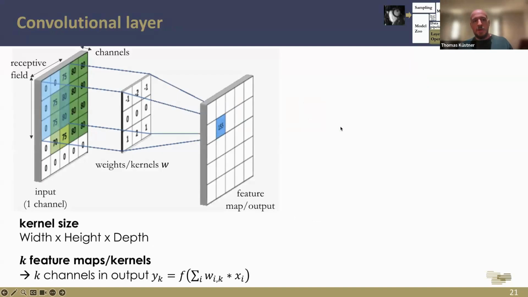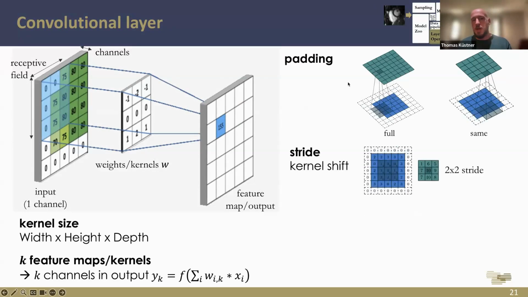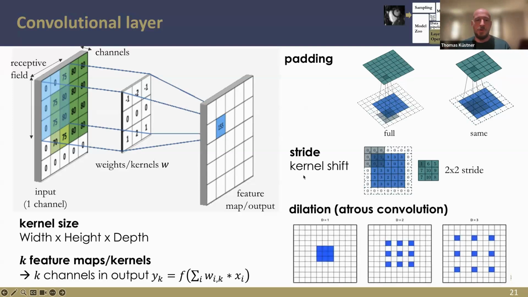The first is the convolutional layer. If you're just performing real valued convolution, this is exactly the same as you would do with a normal implementation. There's no need for you to use the Merlin package, obviously, since this is already covered by PyTorch and TensorFlow. But just to give you a little bit of background, you can have different padding of your feature maps, depending on whether you have a full padding or a same padding of the output. Also, the striding of the kernel over your input feature maps can be different. And obviously, you can also have dilated convolutions where the kernel is spread out further, or deformable convolutions,